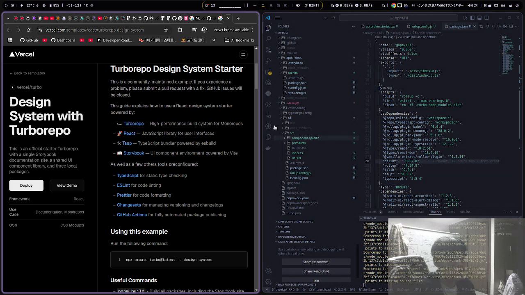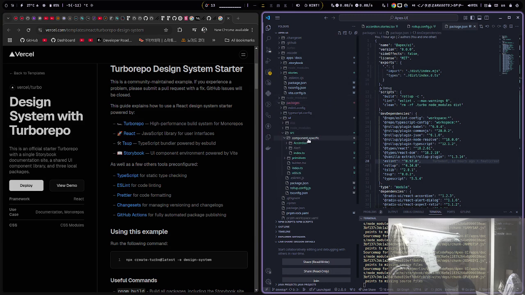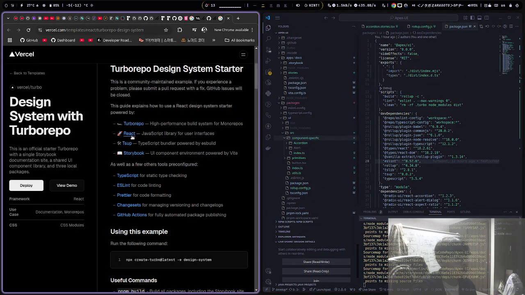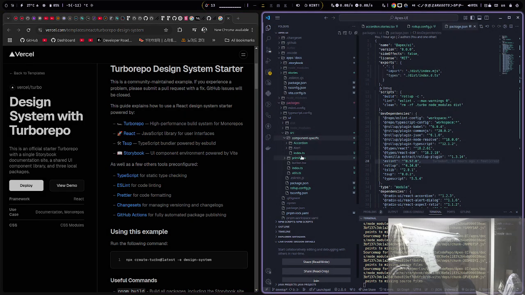So if you use a CSS-in-JS library like styled-components or my vanilla extract, it's not going to work. If you use tsup and bundle your design system made of vanilla extract, it's not going to work. So what you have to do is choose a better bundler that is compatible